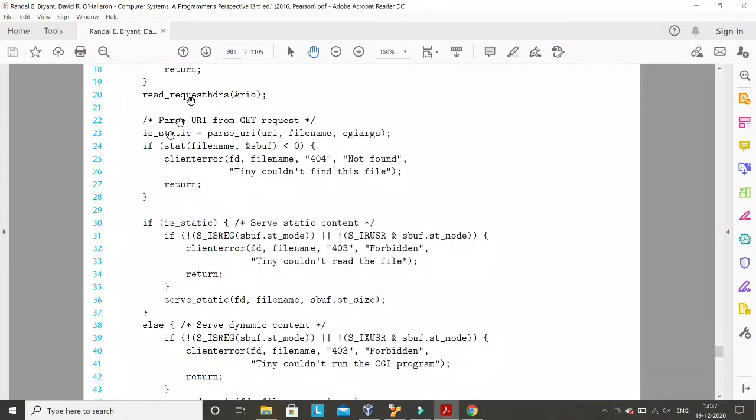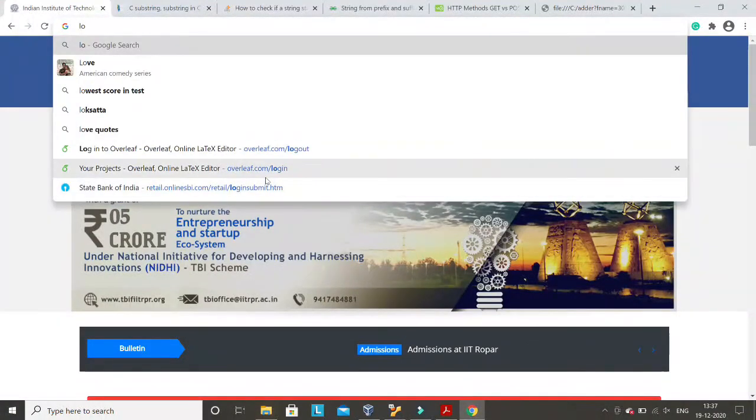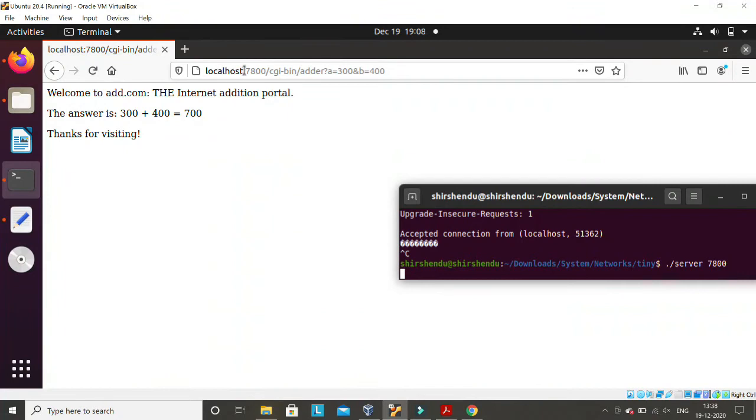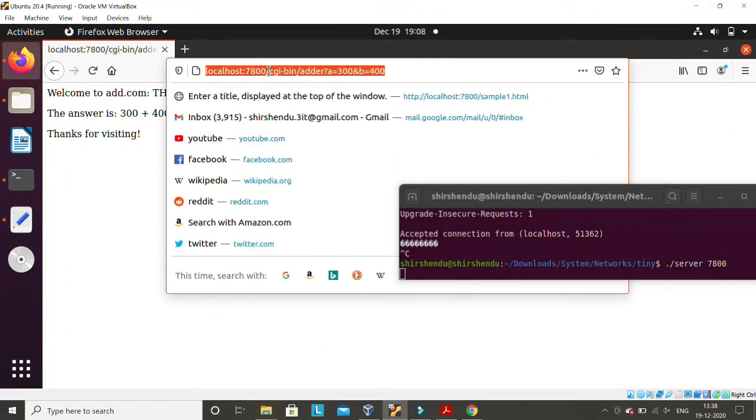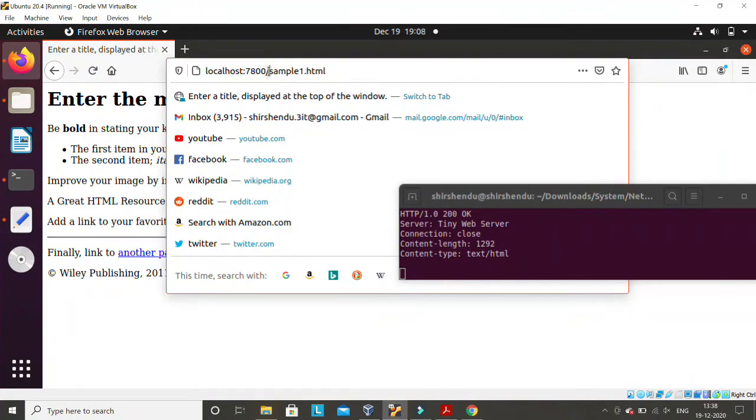See, there is a function written here, parse URI. I am not explaining what a URI is, but if I write localhost 780, this part is the URI. Or if I go for simple.html, this part is the URI.